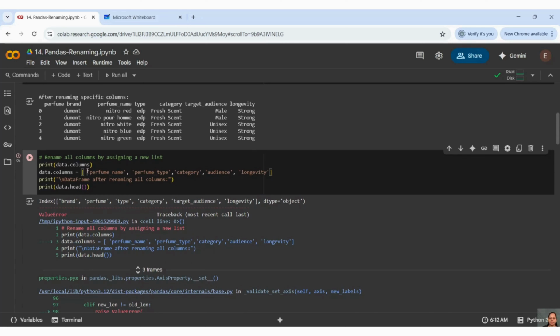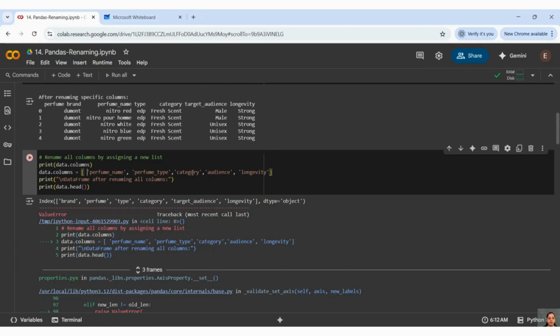Now I am taking 5 columns. I cannot take 5 columns when I am renaming all columns, because data.columns is giving me the list of all column names. Here I am saying that my old column names should be replaced with these new column names. That is the meaning of this.